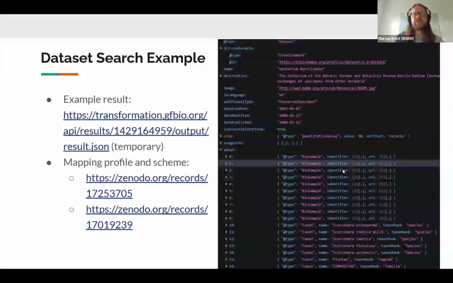A search engine can thus browse through a comparatively flat dataset object, for example, to find any dataset containing a given species or family.